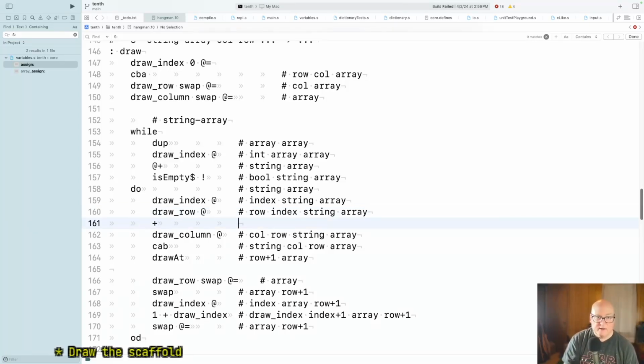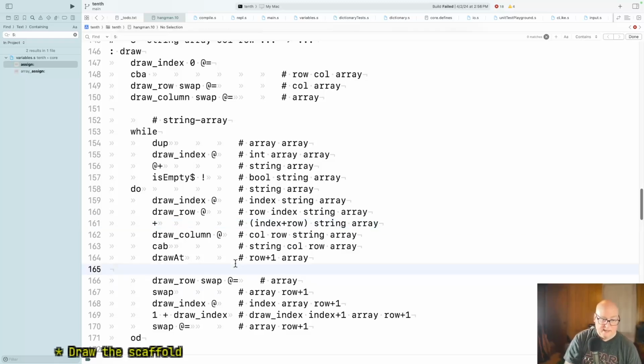Okay, now I have index plus row string array. That's the row I want to draw into with no funny business. A row is going to stay the original value. It's the stack that's changing. And then column. So I have row string, then I get column row string, and then string row column, and